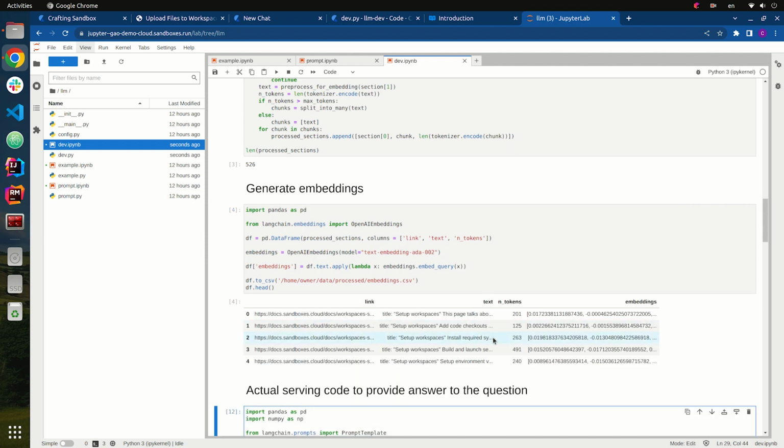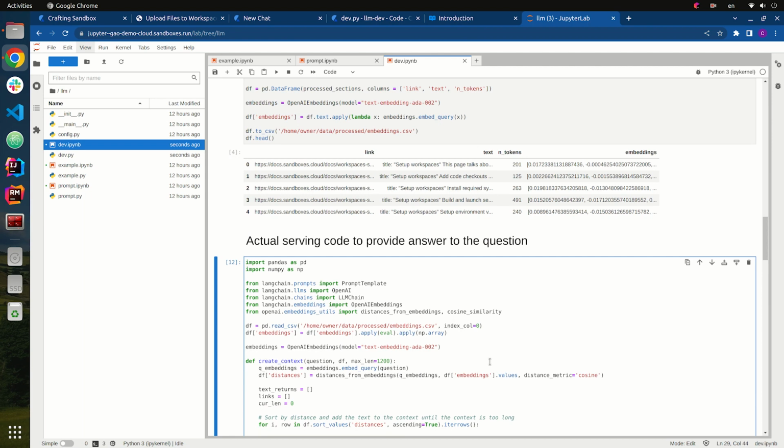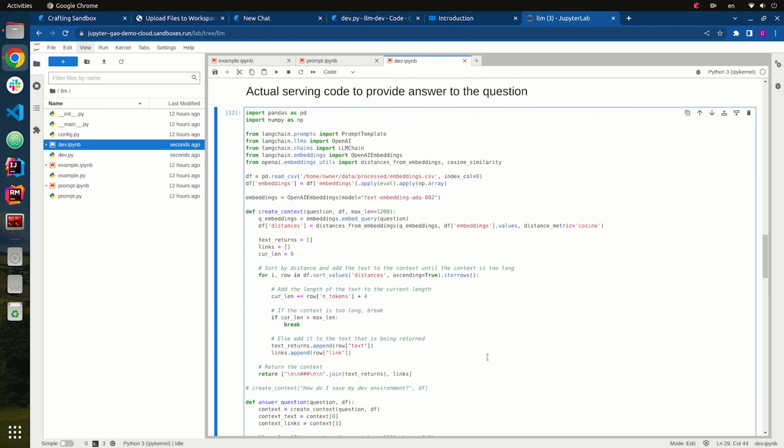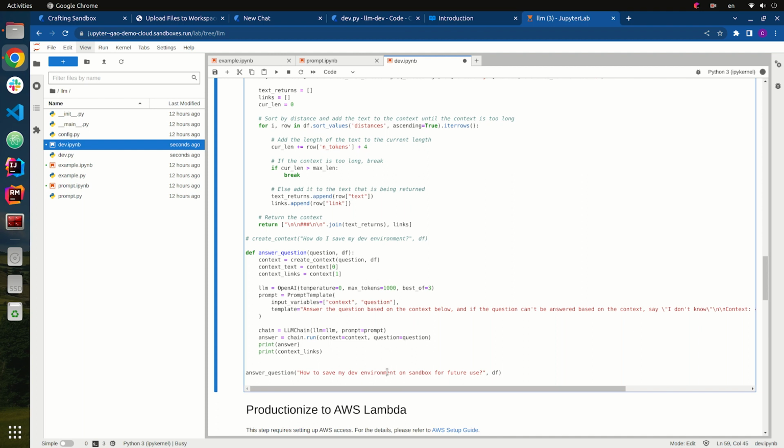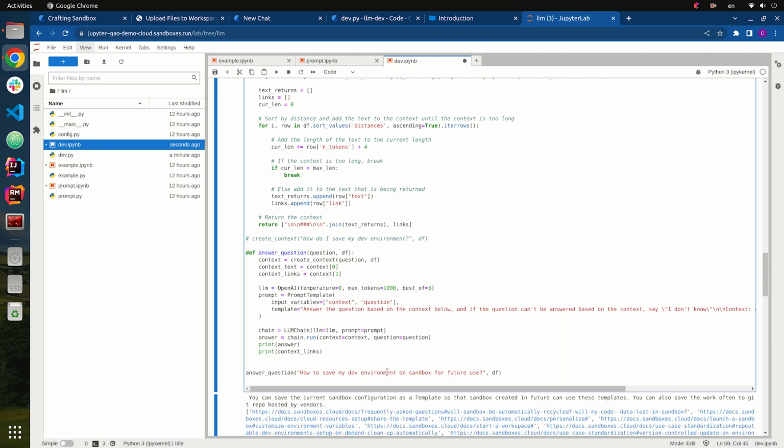Next, we get the serving code again from the OpenAI example and adapt it a bit to add our custom logic for serving the links to the original document in addition to the answer. Here you can see we use the simple prompt in OpenAI's example. Now, the bot is able to answer very specific questions regarding how to use Crafting Sandbox with the context from